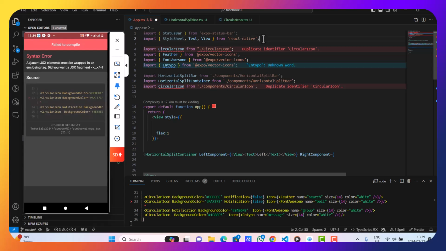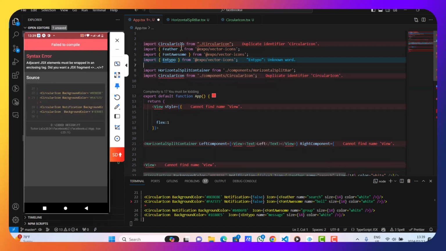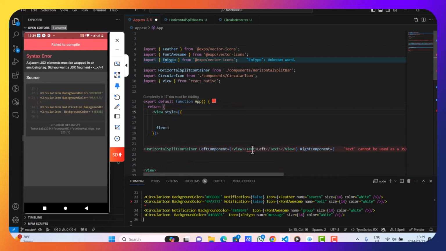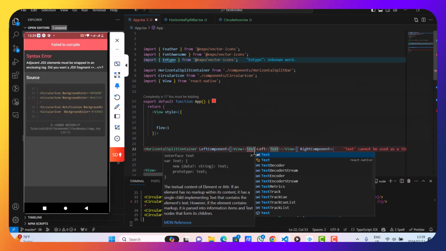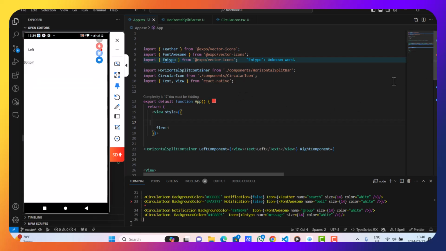Style sheet and status bar, we are not using it. Let's just remove it. Horizontal split bar, we are not using it. Circular icon, we are importing it twice. View, import a view. Text, import a text. Let me save. As you can see, guys, now our icons are on the right as we want, and